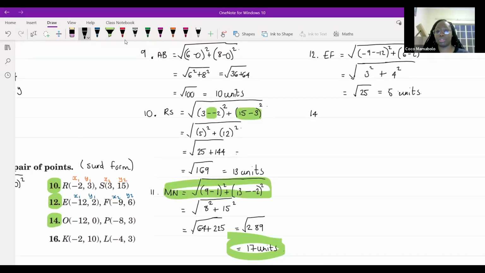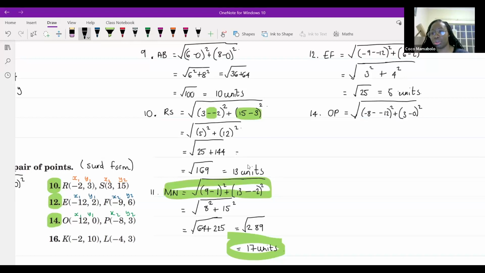Okay, and then we'll do number 14 just to finish off strong. Okay, 14 is OP. OP is equal to the square root of, and again, ma'am is forgetting to label, y1, x1, y1, x2, y2. All right, and then we just take x2, which is -8, minus -12, all squared, plus y2, which is 3